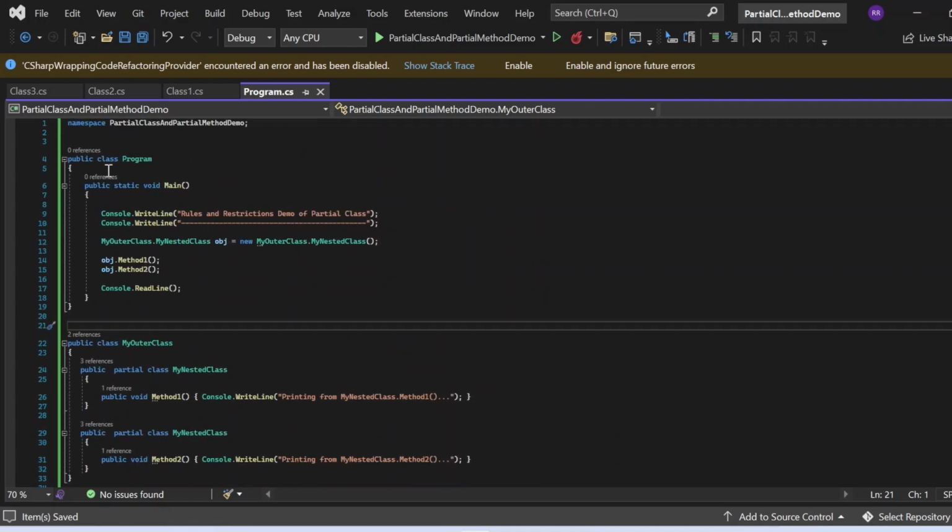Now there is a class named Program. Inside that we have the Main method, which is the entry point of this application. Here I have just written this statement, "Rules and restriction demo partial class". Okay. So here I am just going to create an instance of this MyNestedClass. So how can we create it? Because this MyNestedClass is the inner class inside this outer class, MyOuterClass, we need to write something like this: MyOuterClass.MyNestedClass obj = new MyOuterClass.MyNestedClass(). So basically I am creating an instance of this MyNestedClass and storing it into this variable as an object,